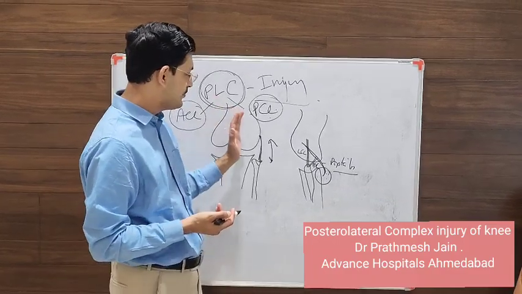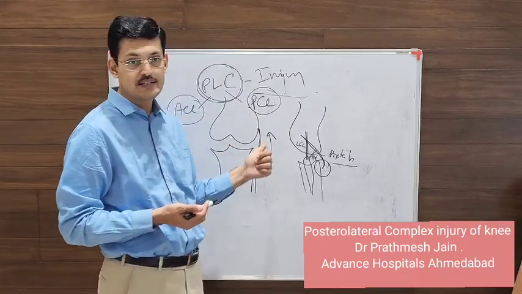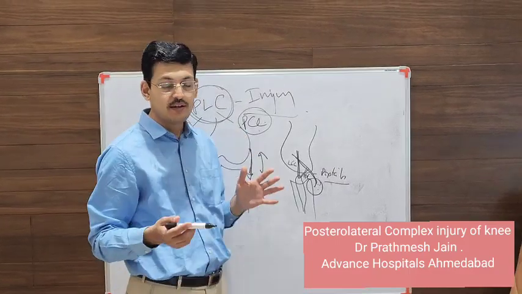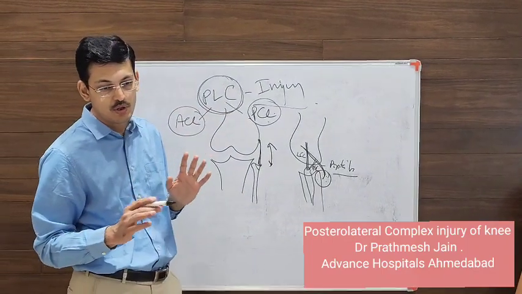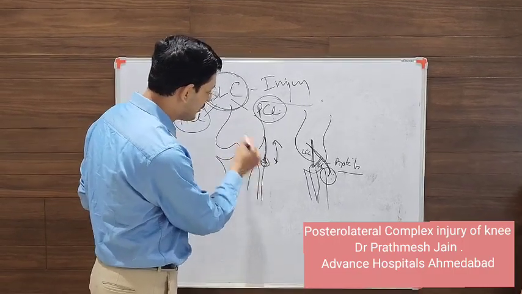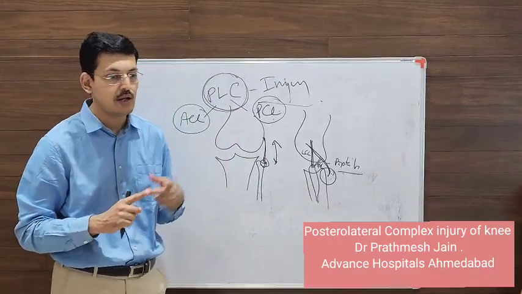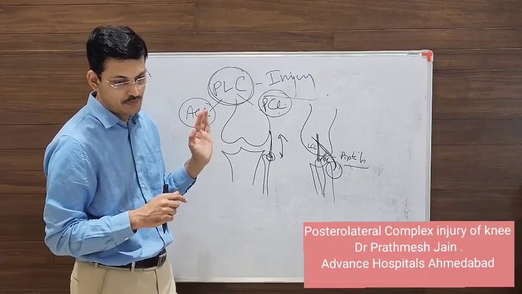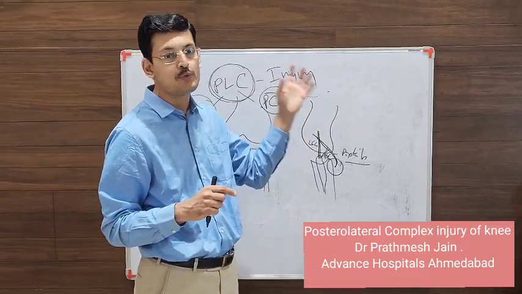Always, if these patients come to me as a primary patient with a foot drop, I will always do a neurolysis along with an acute PLC repair. Now, regarding acute PLC repair, if you read books, it is said that it is not a very successful surgery, but I will always attempt it. In our Indian scenario, if there is a posterolateral injury, where you can see an avulsion fragment of the fibula, I will always try to do a primary repair of the PLC along with neurolysis. Okay, so I am talking about the primary injury and an acute presentation.